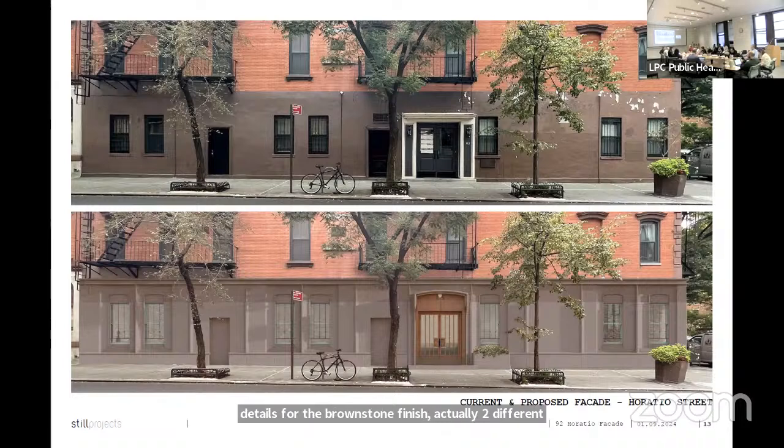Sure. I think in general, the proposal is an appropriate one. Obviously, this is far from a full-throated restoration of any kind, but we certainly don't require it. I think it's an incremental step in the right direction. The only comment that I would have, a couple of things. First of all, I find it curious the choice of the placement of the cornice is where it is. If you look at the building historically, it looks like most of the history of the building, the belt line was pretty much under the second floor window sills. And they're actually proposing replacing brick in the zone below that line on